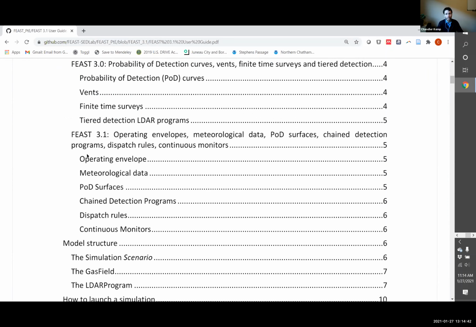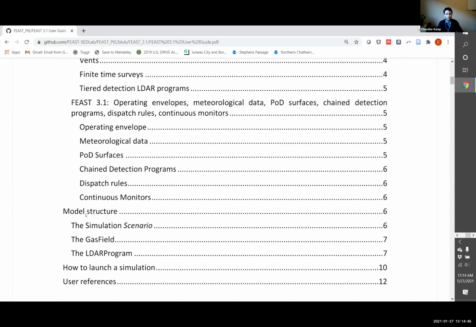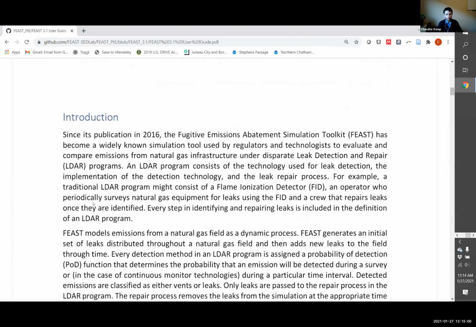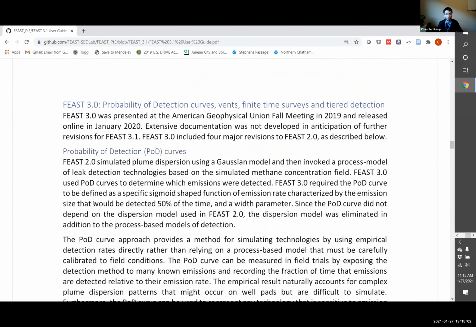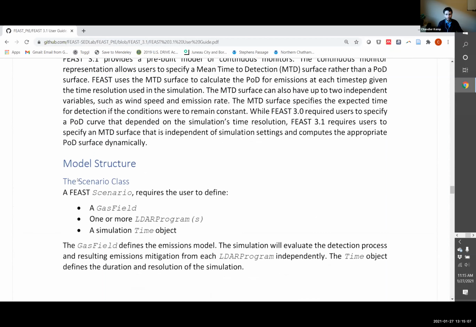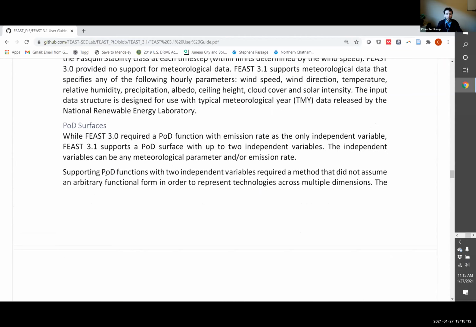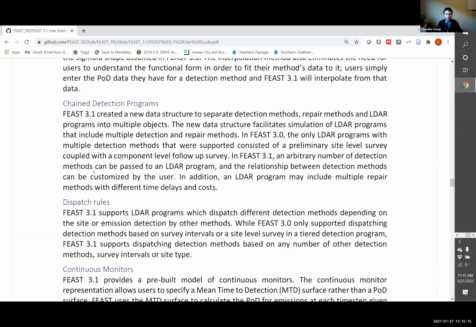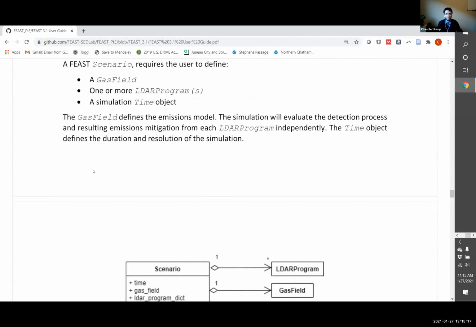And then we move on to talking about the model structure. So I'm going to jump down to this section to highlight the structure of the software itself, and that'll be helpful when we go to create a simulation. So I'll scroll down to the model structure section. Or in fact, I think there's, let's see. Okay,